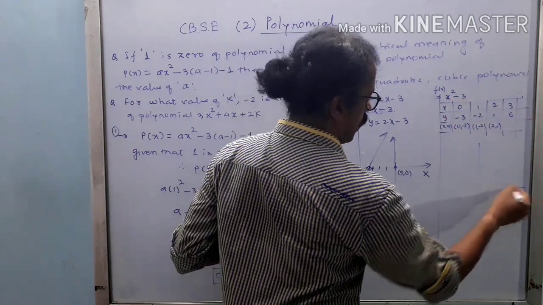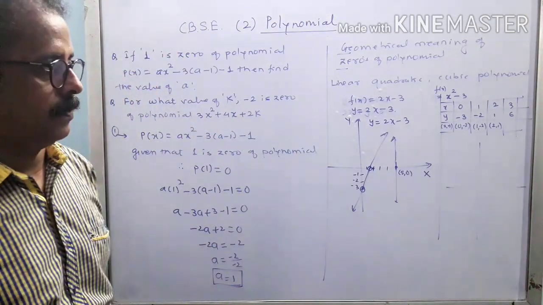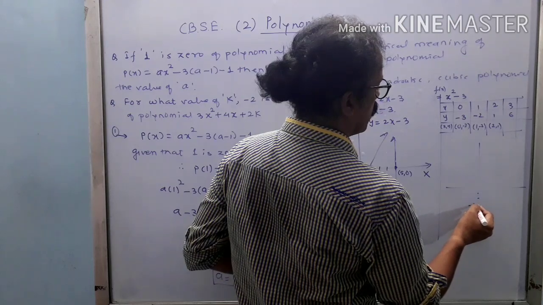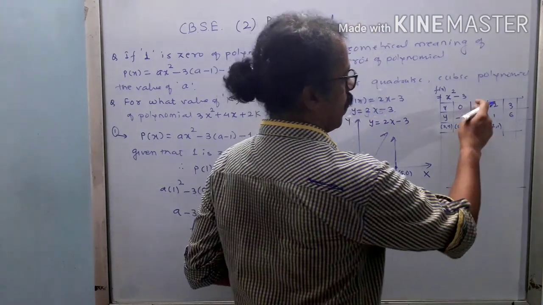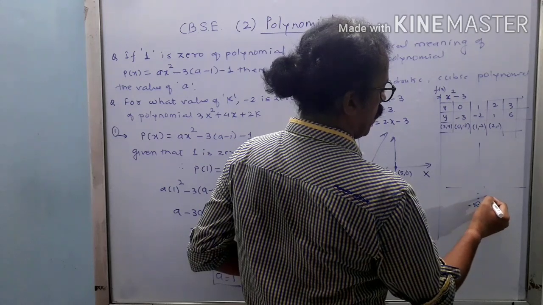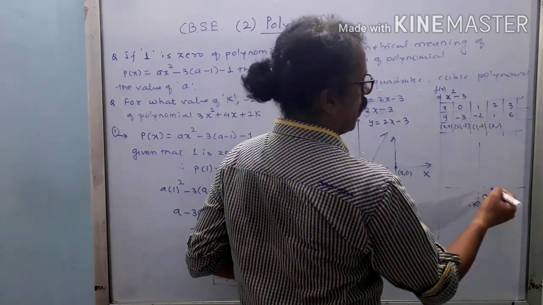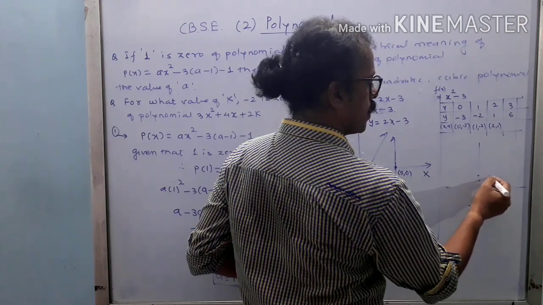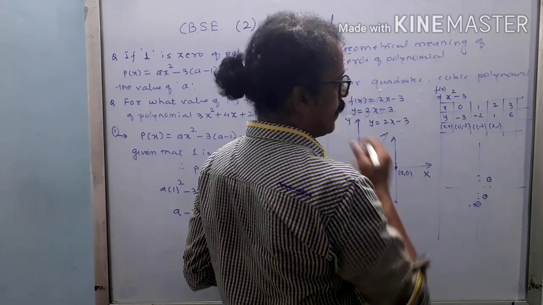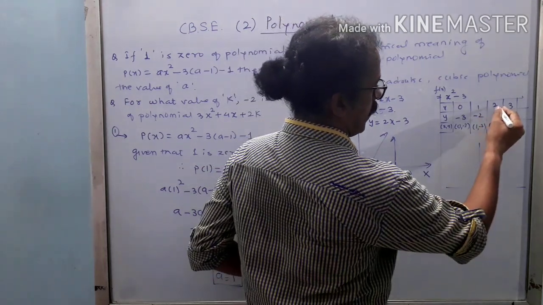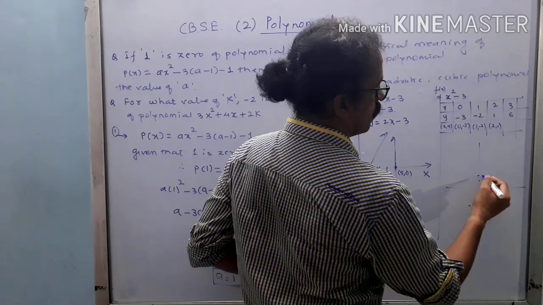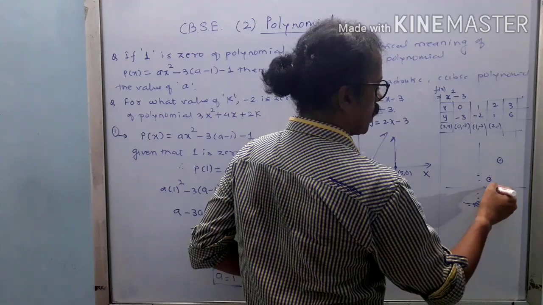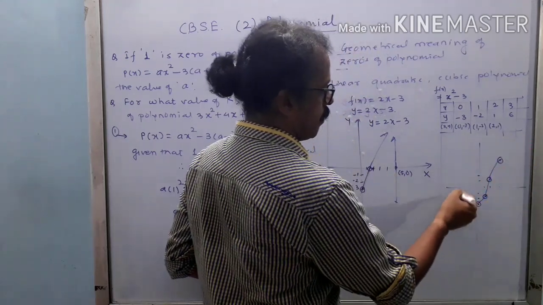Now if I draw this graph, I will get a curve, okay? How am I going to draw the curve? So here 1, 2, 3. This is minus 3, this is the one point. Then 1 and minus 2. Then 2 and 1, it becomes here, right? Then 3 and 6. So for 3, it will become 6 somewhere here, right? So it will go like this and it will come like this.